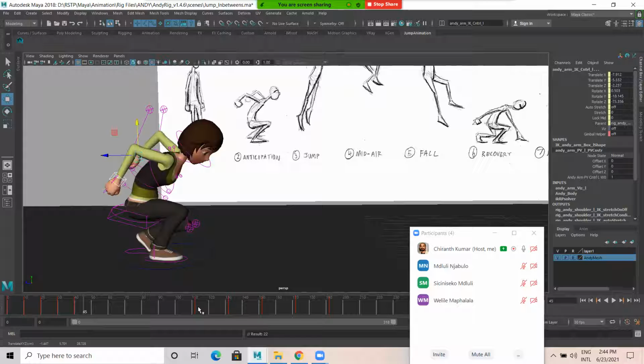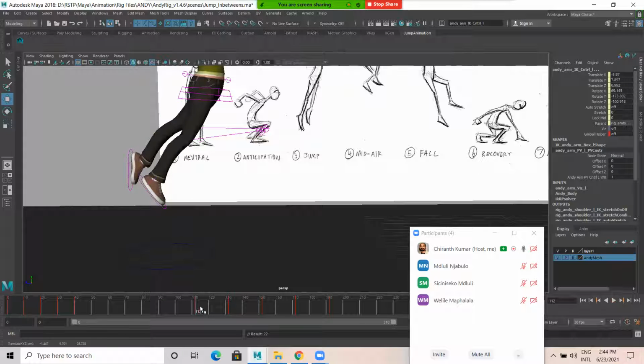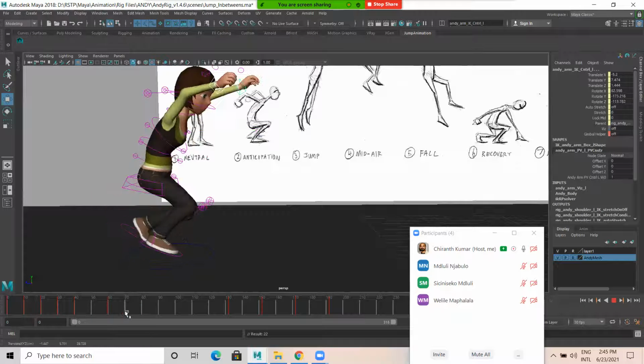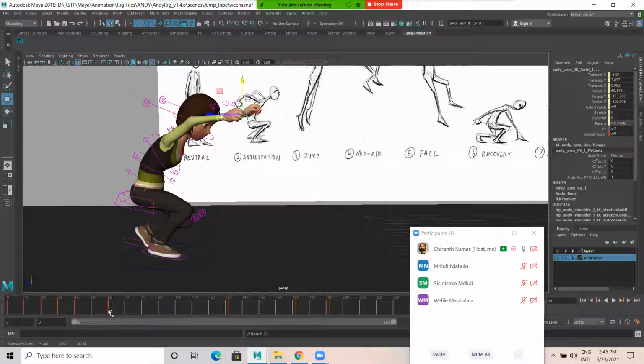Now I select this one which is jumping. Shift click this, shift click, then you can drag and drop to here, up to here.